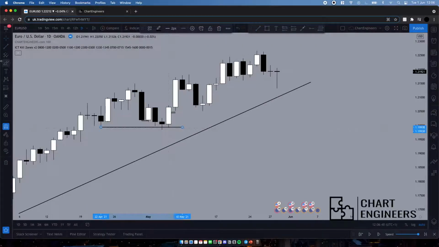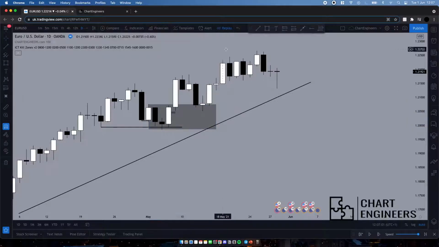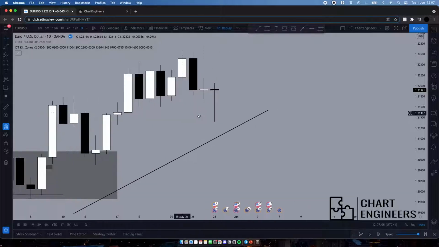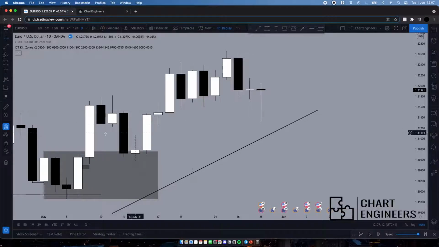So here we've got the daily raid, and then we've got the breaker zone over here. So I had this marked up, and this told me that price is still bullish. There's no reason to start switching my bias yet. So coming into the week, I knew that we were still bullish. And yeah, we also had this FVG over here, but I didn't pay much attention to it because of how bullish price is. And we've also created this daily low over here.